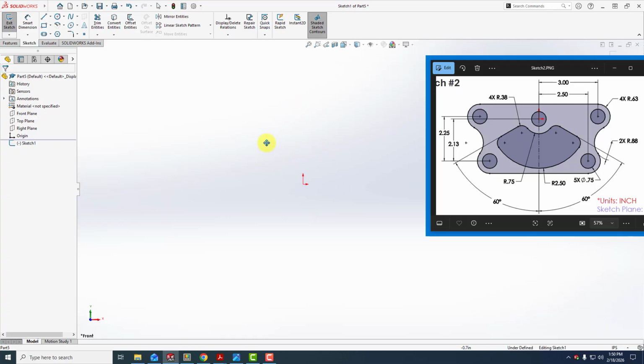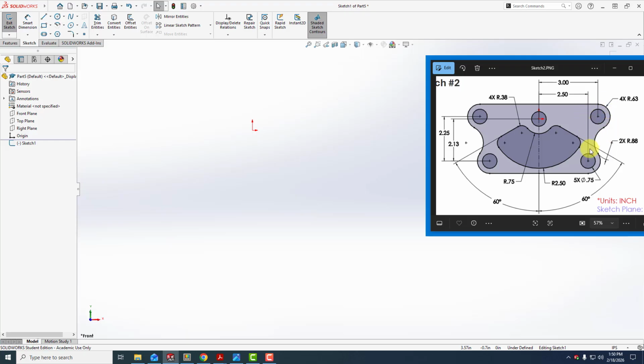Now what I'm going to do is just move the location of my origin over. So again, doing that, I'm holding the Control key and the middle mouse button down, allowing me to pan the screen. So I'm going to create basically a skeleton that's going to locate these 5 circles, the 5 circles that all have a diameter of 0.75,